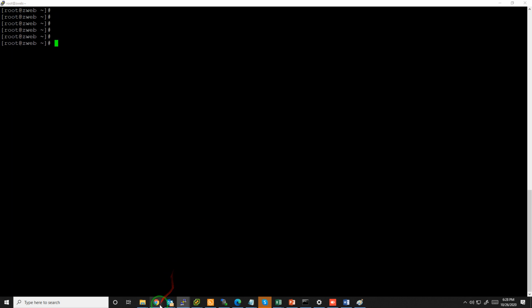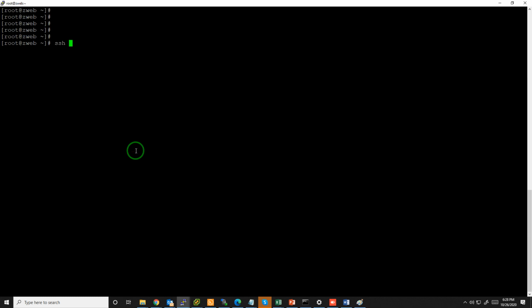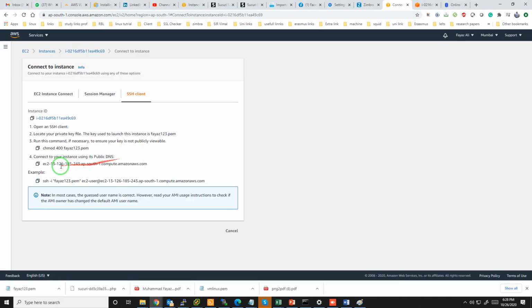Now let's see how to connect via SSH. The command is already here, so you can copy it, or let me create one. ssh -i, then the key, and then ec2-user@ followed by the public IP of your machine, or you can use the whole DNS name.